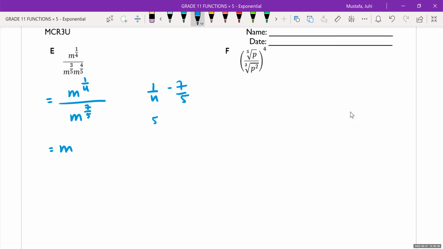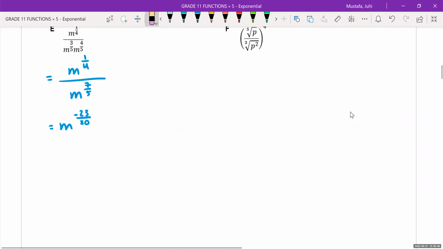It's supposed to be 5 minus 28 over 20, which is negative 23 over 20. Yes. Just a little bit of fraction work. M is equal to negative 23 over 20 is what I'm getting. And then remember, you can't have a